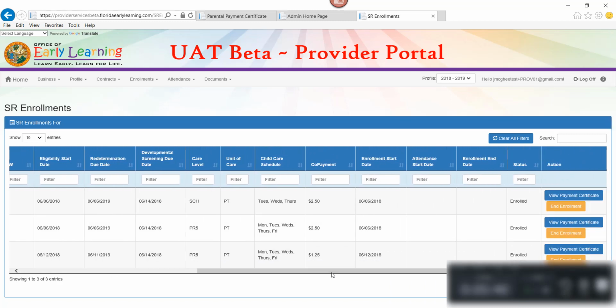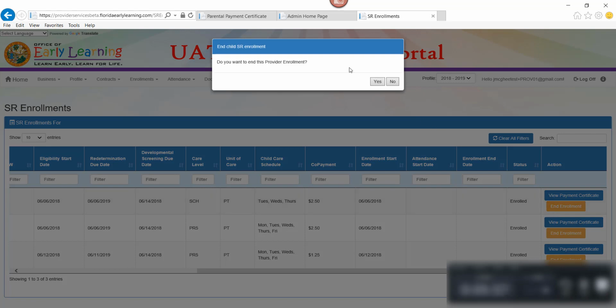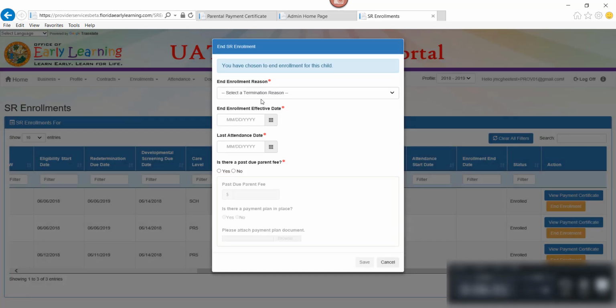The provider doesn't have any way of changing this child's enrollment information. The only ability the provider has is the ability to end the enrollment. For whatever reason, if a time comes when the child's enrollment needs to be terminated, the provider is able to come to the enrollment queue, select end enrollment, say that yes, they want to end this provider enrollment, select the reason, the end enrollment effective date, the last date of attendance, and to indicate here if there's a past due